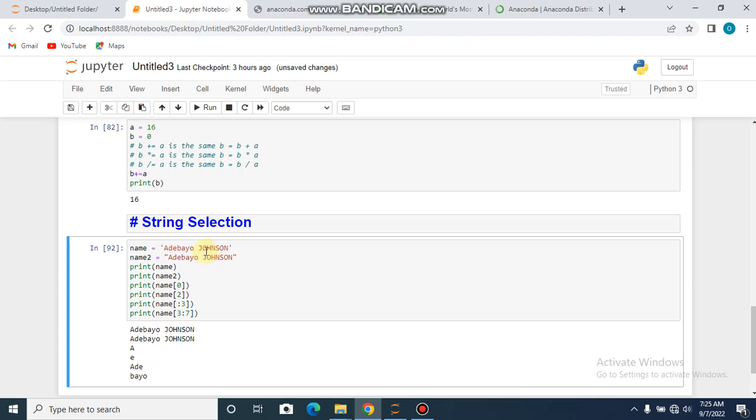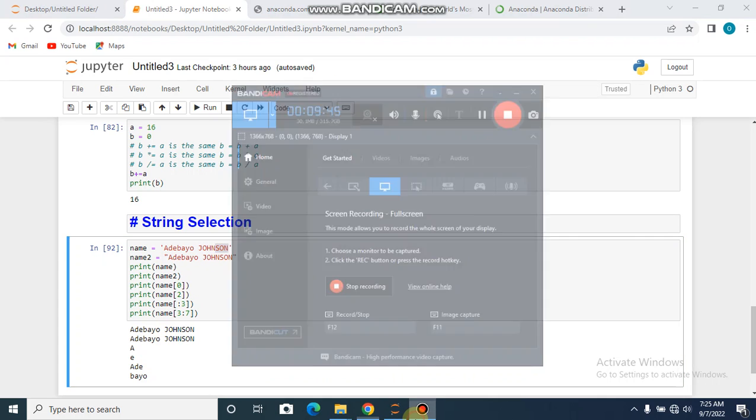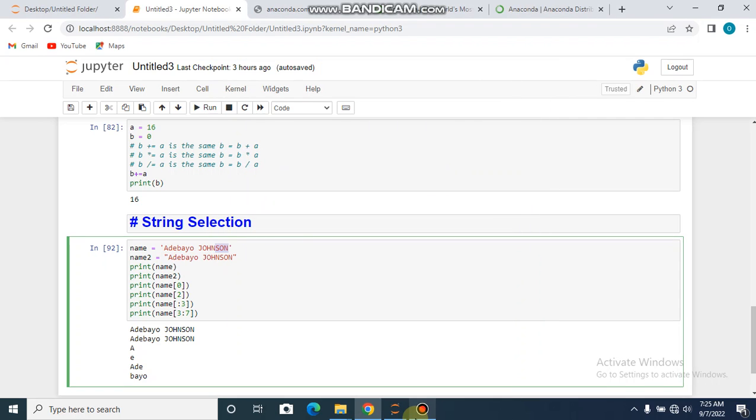So in that case too, if I want to get this SON alone, I can quickly count like this. This is 0, 2, 6, 7, 8, 9, 10, 11. So can you try this one now? Get